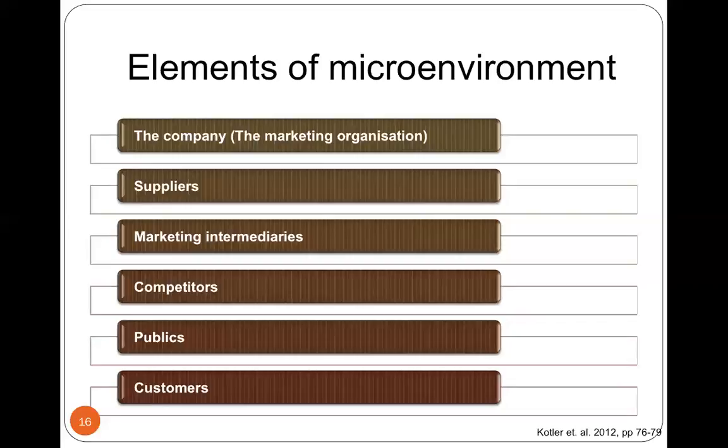If you offer the same thing, then your customers will ask, "Why would I bother buying your product or switching to your brand over the current brands that I have been buying from your competitors?" Right? Public is interesting. Public is basically anybody that has interest in what we do, because what we do will affect them and what they do will also affect us. Okay, so that's public. They may not be a target market, but we need to manage their interests.